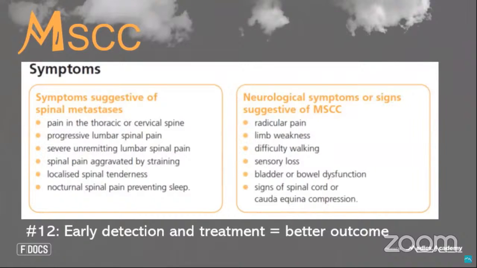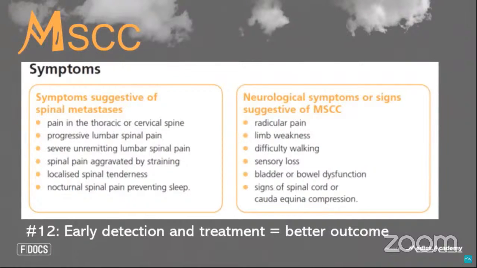And these two boxes then, the one on the left shows the symptoms if you're suspecting spinal metastases. And whilst this is still semi-urgent, and NICE guidelines suggest that these patients should have an MRI within 7 days, it's not considered an emergency. So you don't need to treat them like metastatic spinal cord compression. You just need to try and confirm if they have got the spinal mets or not.